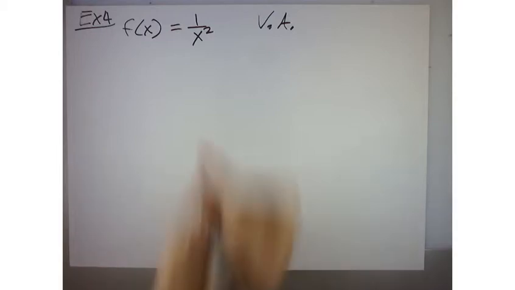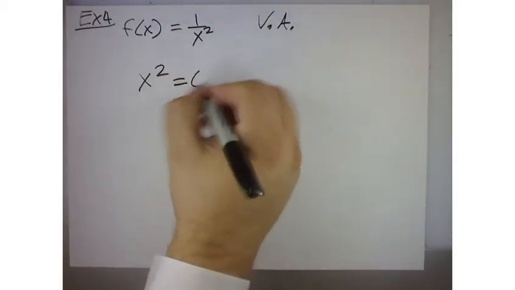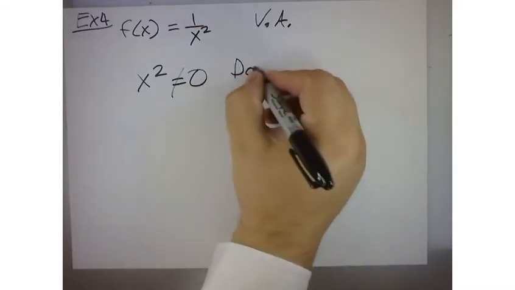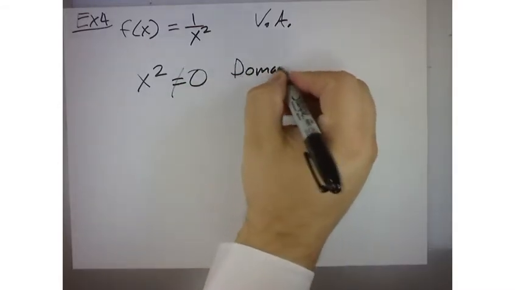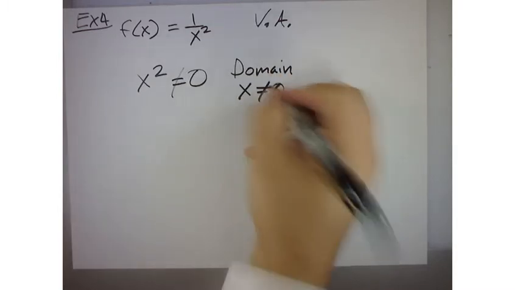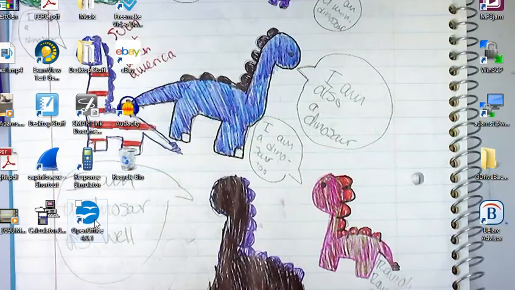In other words, I have x squared equal to 0, which I cannot have. So what are the values for x? X is all reals, or the domain. The domain of this is all reals except x cannot equal 0. And so if I plug this in a calculator,